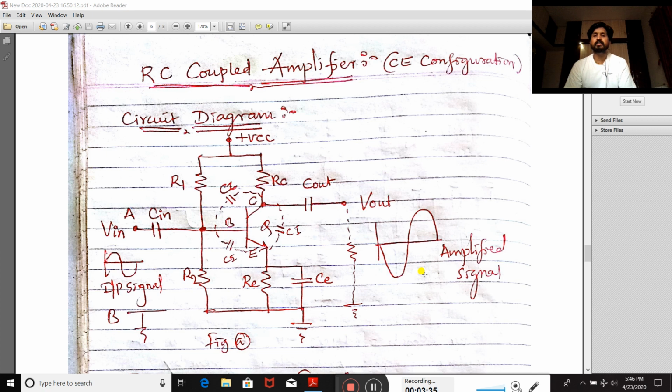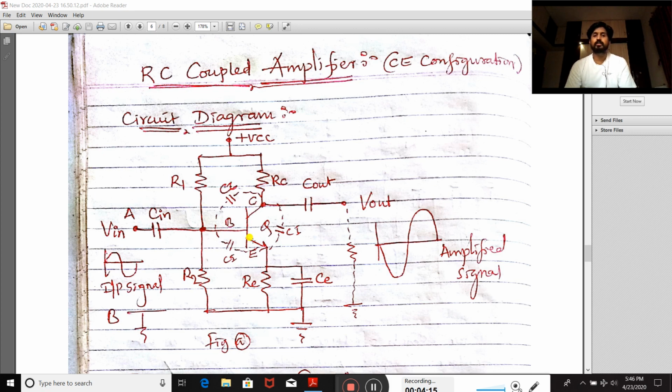As we have already studied, to operate a transistor as an amplifier, it has to be biased in a proper way. That means the base emitter junction should be forward biased and the base collector junction should be reverse biased. In order to do that, we are using these resistors, connected in the voltage divider bias circuit, to operate the transistor as an amplifier. In the active region, the transistor works as an amplifier. This is the construction point of view.